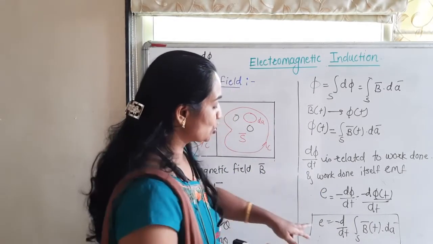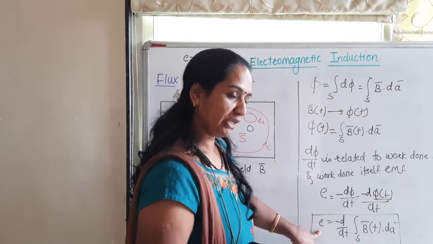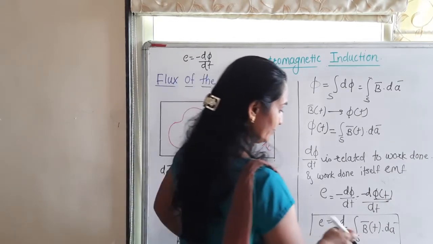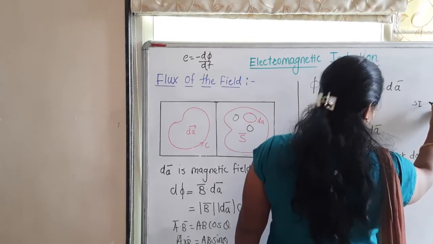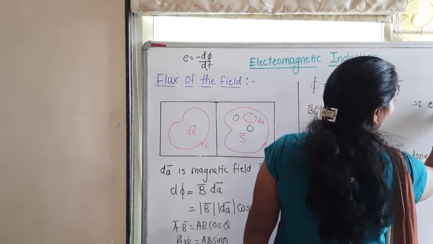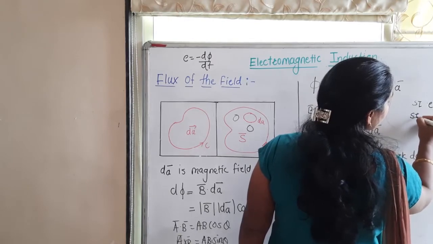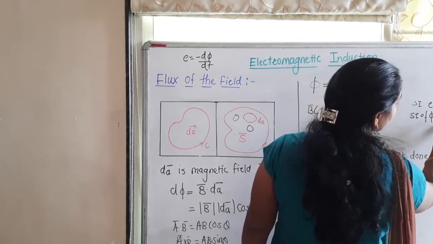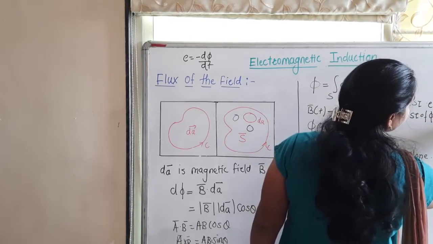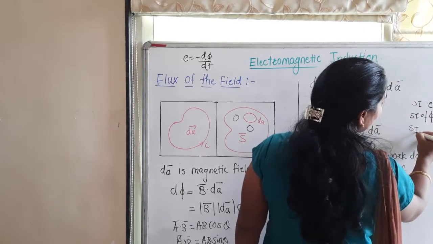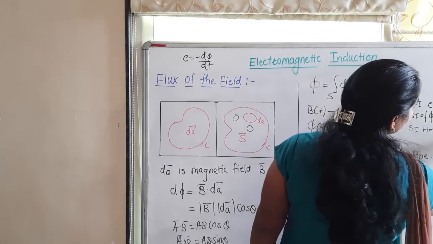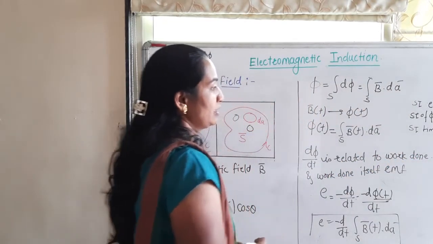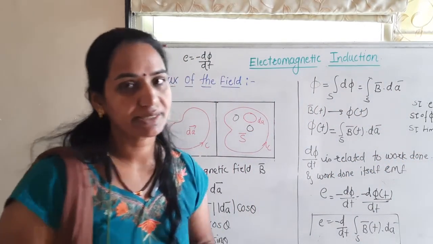The SI unit of E is volt, the SI unit of flux is Weber, and the SI unit of time is second. So the next point is